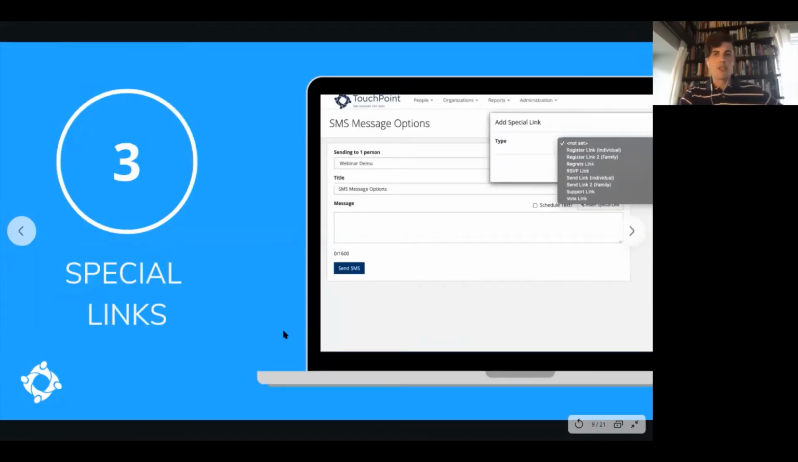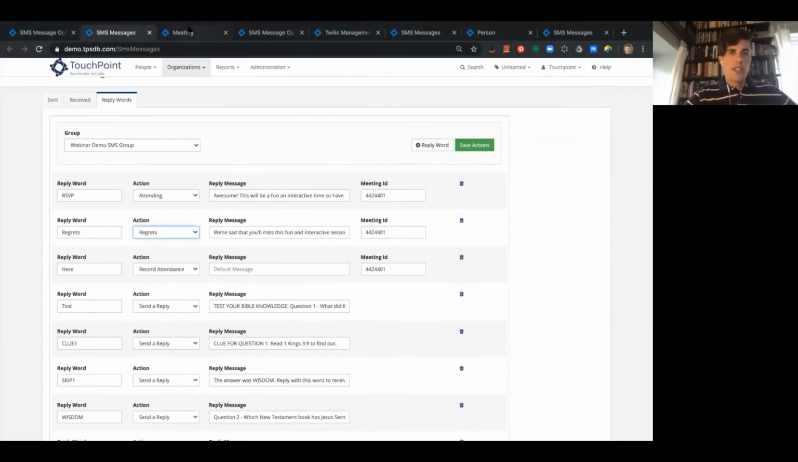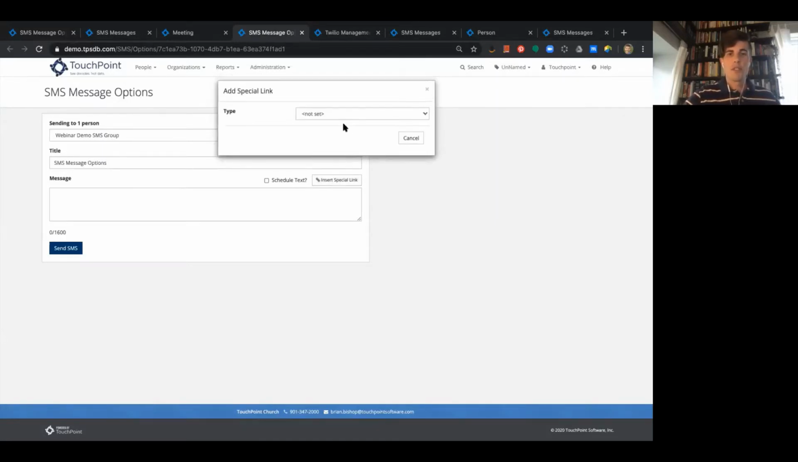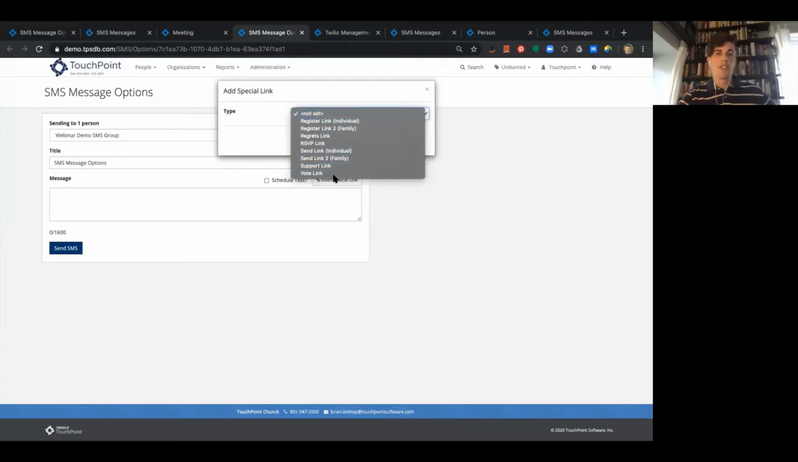The next thing is special links. So if you've been on the SMS Management or the SMS sending page, you've noticed I showed you where you can schedule them. You've probably noticed this button too, which is new, where you can actually insert special links. I don't have time, unfortunately, to go into all the powerful uses of special links, but there's all kinds of links here that you can put in here